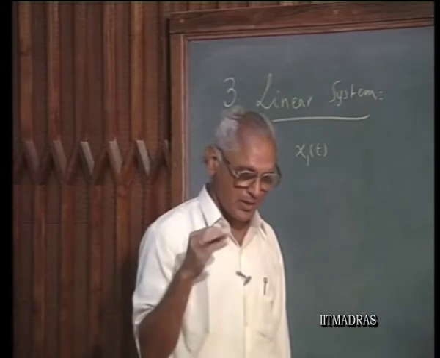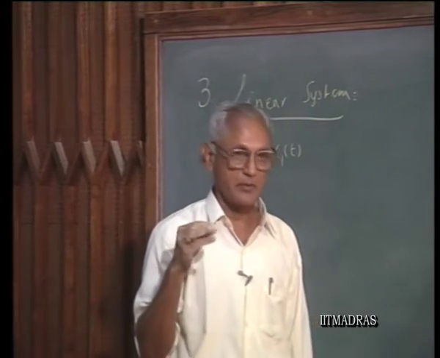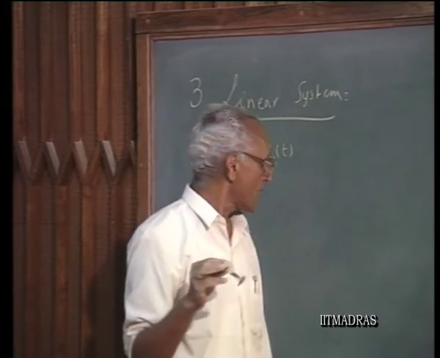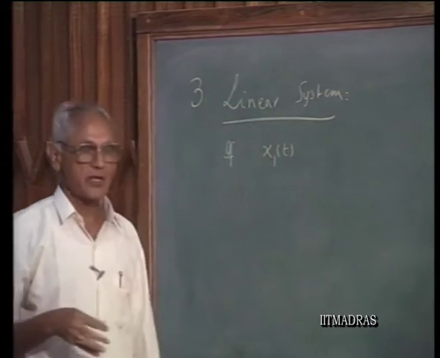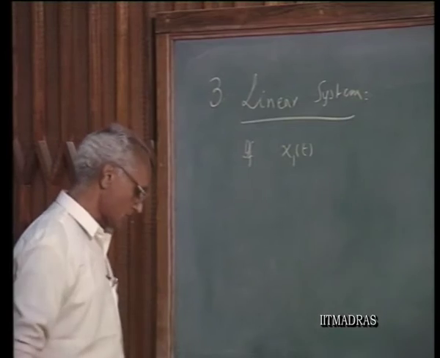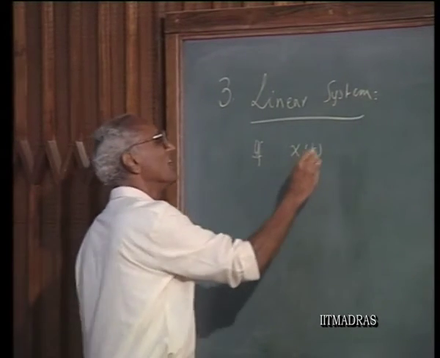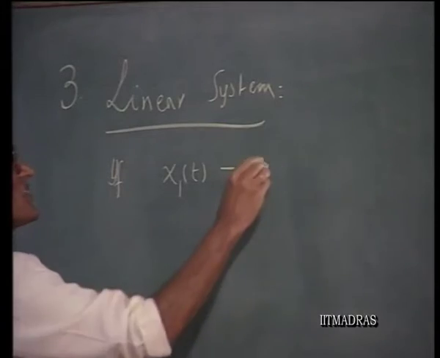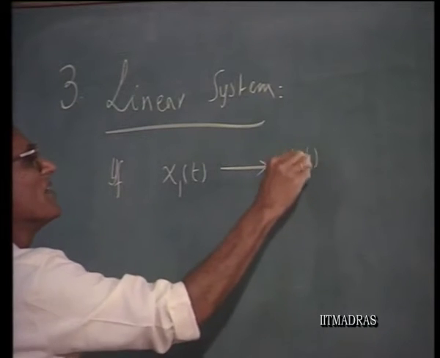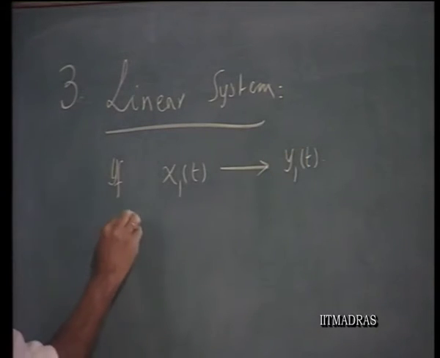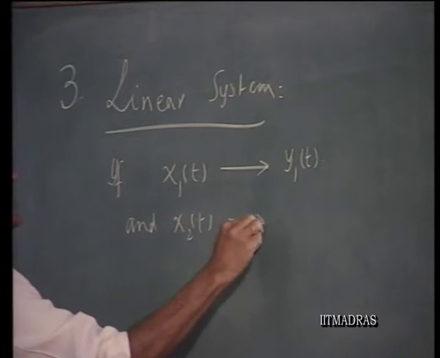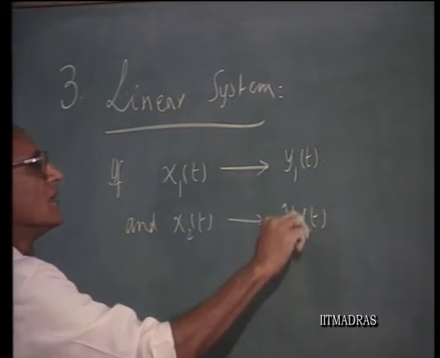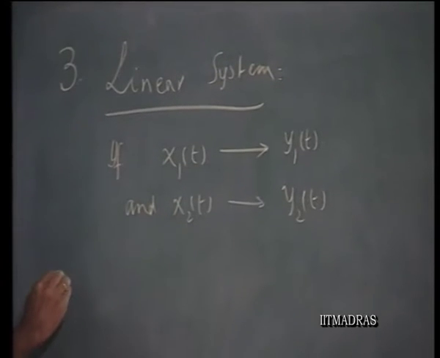At a later point in time in this course, we will talk about discrete time systems specially, but wherever examples are given, we talk in terms of continuous time systems for the most part. If x1 of t gives rise to an output y1 of t and x2 of t gives rise to an output y2 of t, then for a linear system,